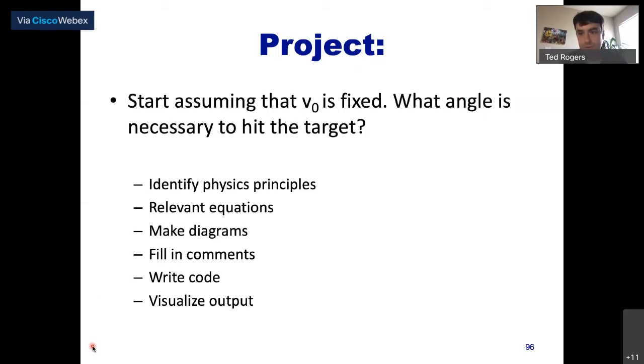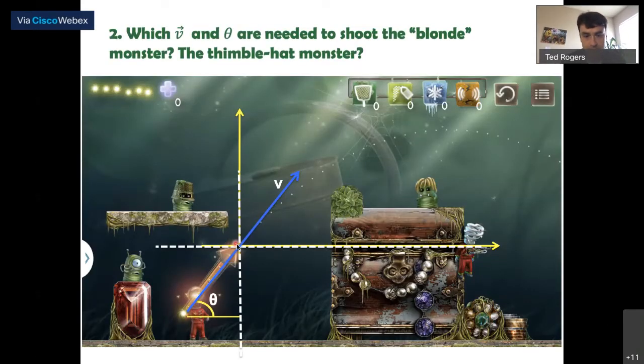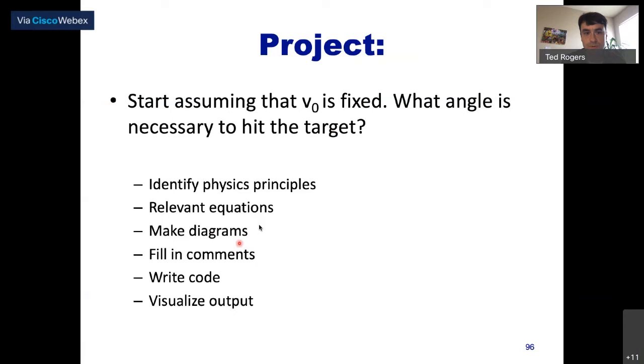Okay, so what you need to do is take as input an x and y position for the monster relative to this gun. Okay. And then figure out what combinations of initial velocity and angle correspond to a hit, a successful shot at the monster.